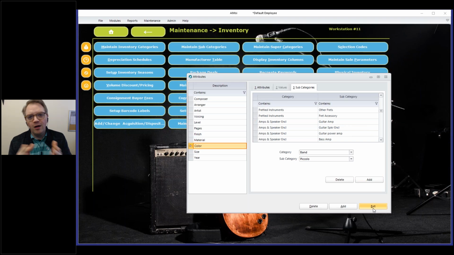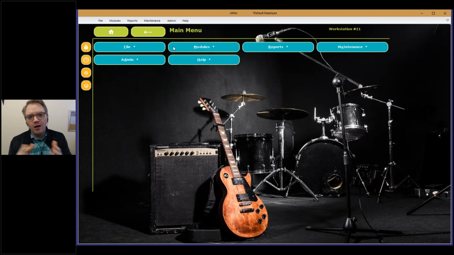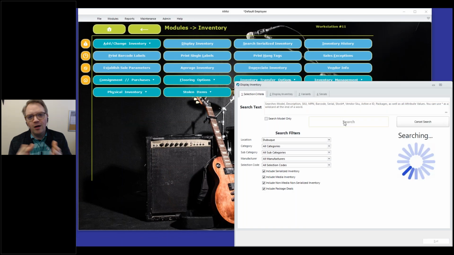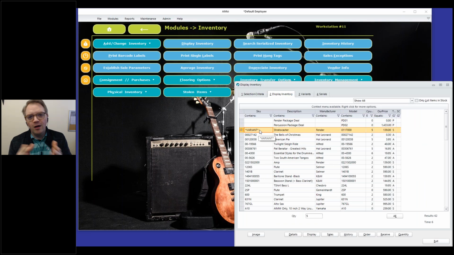Now, there's essentially two different ways to create variants. And we're going to look at a variant first of all, just so that you can get the idea of how this might look. So I've got an example variant model in my system. I'm going to go back to the modules menu, to inventory, and to display inventory. I'm just going to do a quick search here because I don't recall exactly what category it was under, but this will bring up my inventory, and right here at the top we have a variant